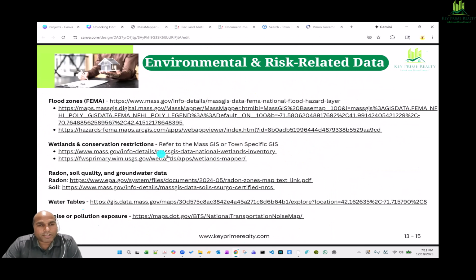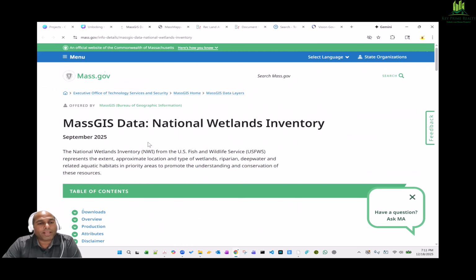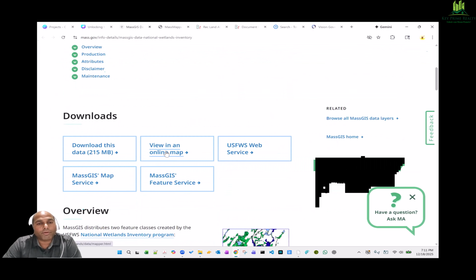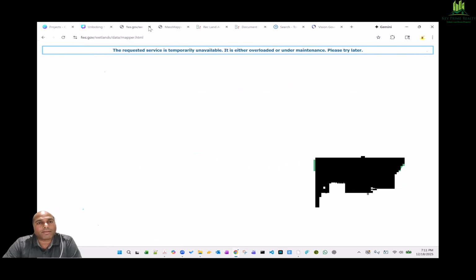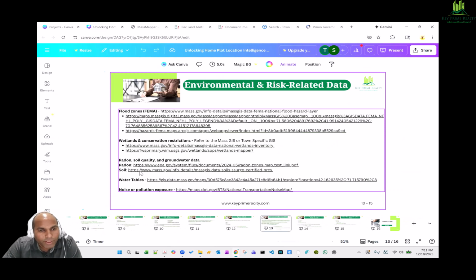Then wetlands and conservation restrictions. Yeah, this we have seen briefly in the Lexington Mass GIS map. But if you look at, we have an online map. I think it's temporarily unavailable. But if you look at